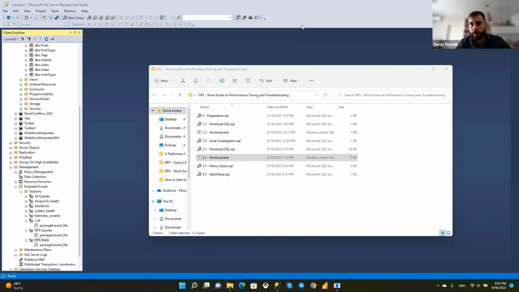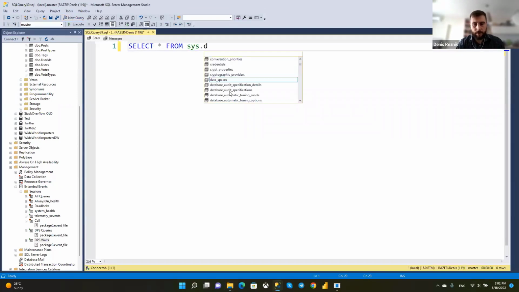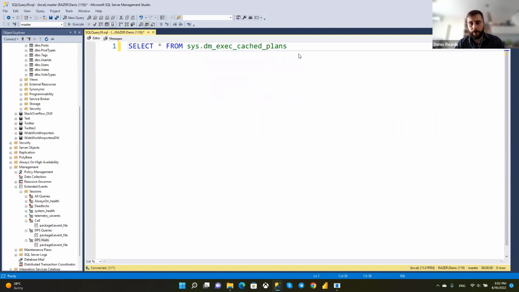The second approach, which I can see so far, is to query this view, DM exec cached plans.